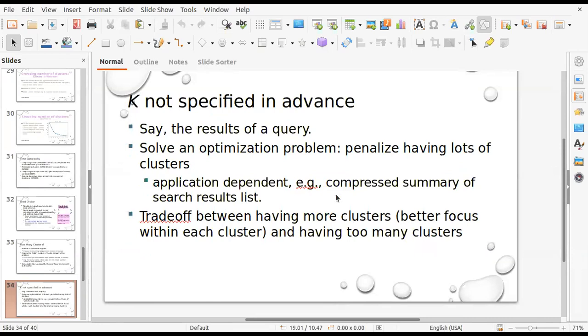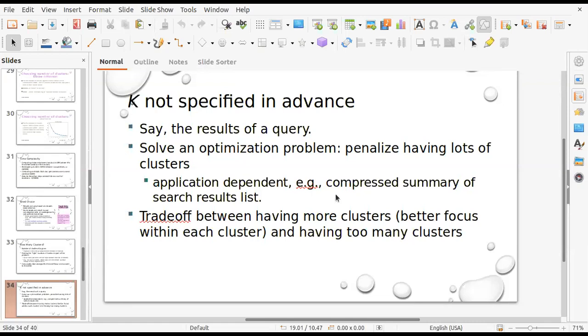Now, the question is, if k is not given, how do you decide it? Maybe you can take different values of k, and for every value of k, you can look at the quality of the result. So we should have some benefits.